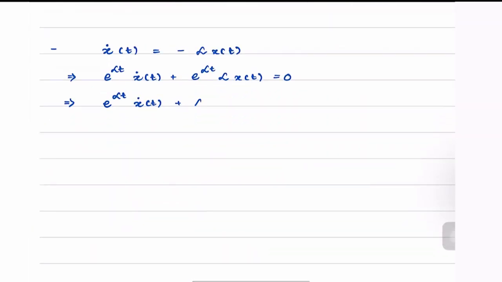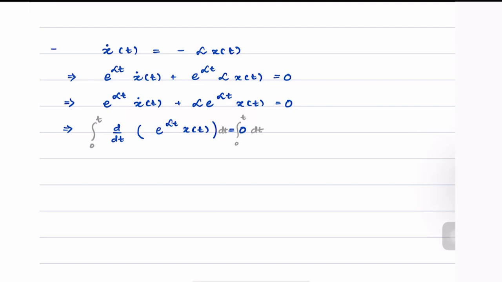Meaning, now we can write this. Notice that this expression is nothing but the same as this times x of t. Hence, we can now do an integration on both sides, dt runs from 0 to t. Again, we write the integration on the RHS too. What exactly is the solution now?